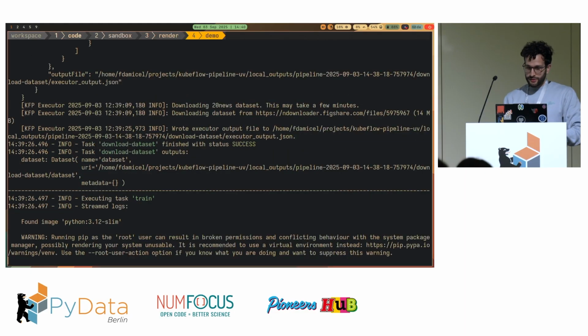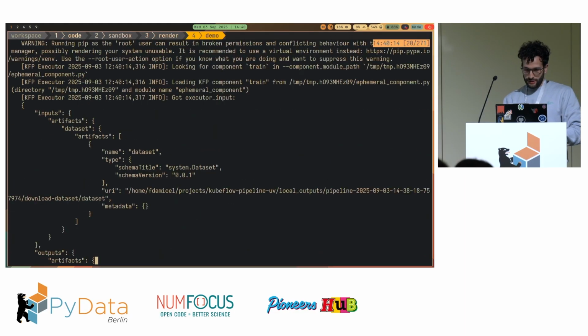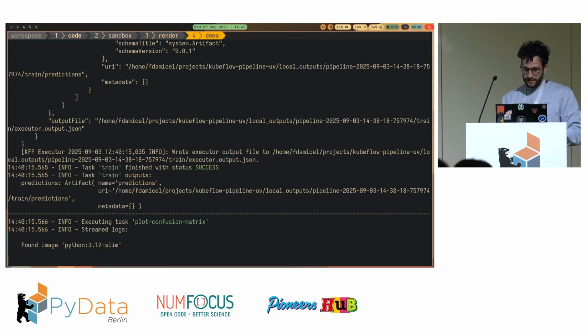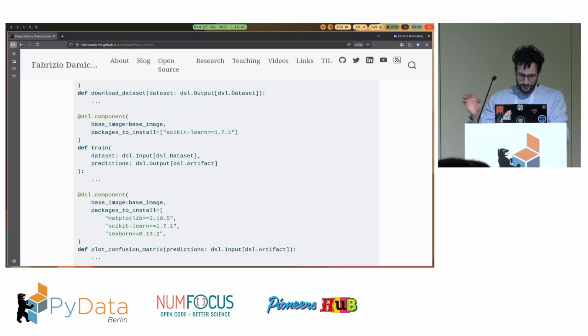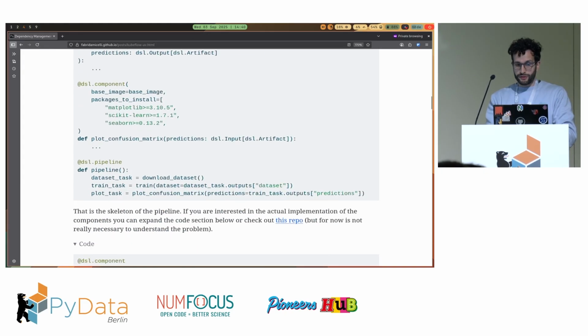Yeah, so the first component is done. As you see here, success. The second one is also done with success code. So now we're going to see what that looks like. And while that runs, let me show you what we do to